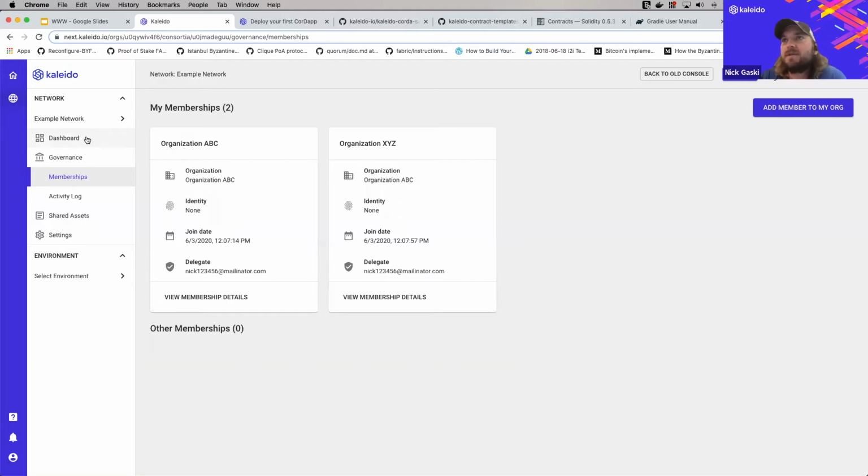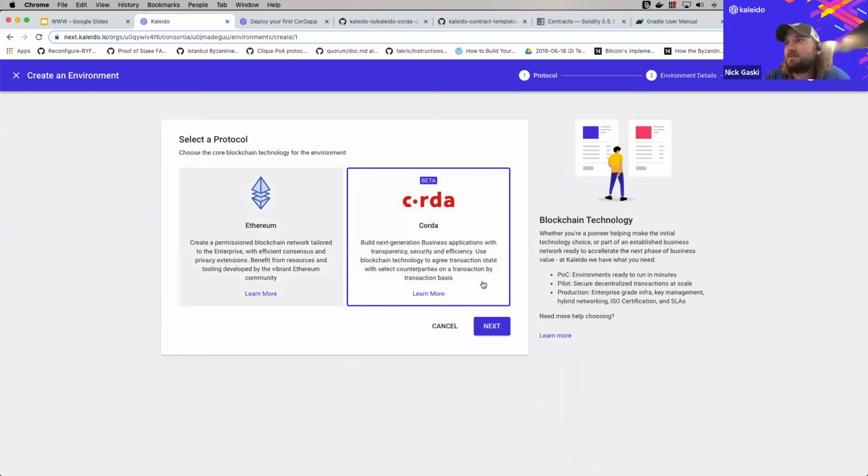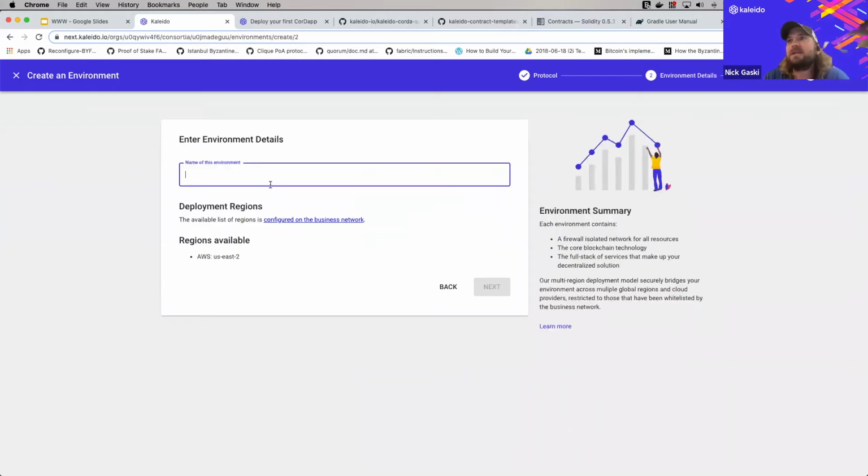Okay, so still at the business network. Now what we want to do is we want to get into the blockchain layer. And the nomenclature for that in Kaleido is environment. So we're going to click add an environment here. And we see that there's 2 doors that we can go through. We can go through the classic Ethereum door, and this is where Kaleido provides you with Geth and Quorum and Hyperledger Besu and those accompanying consensus algorithms. We've done this a lot in the past, and today is not about Ethereum. Today is about Corda on Kaleido. So we're going to click on the Corda door here, go ahead and click next,